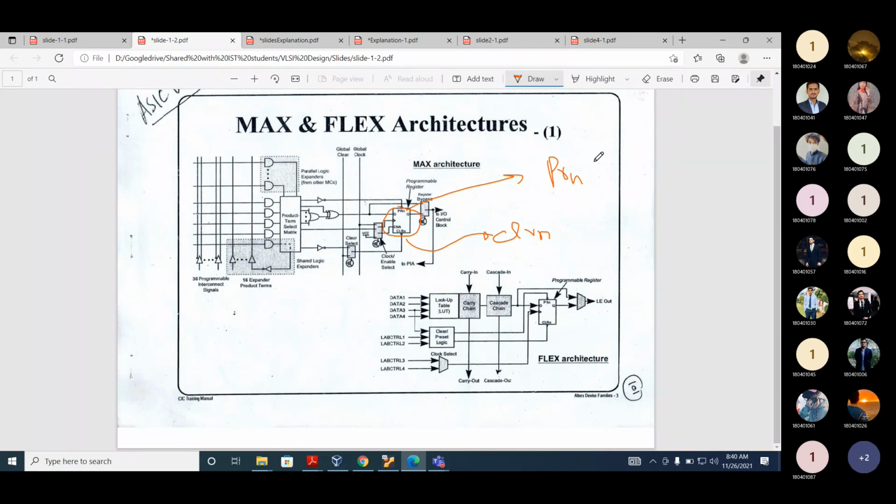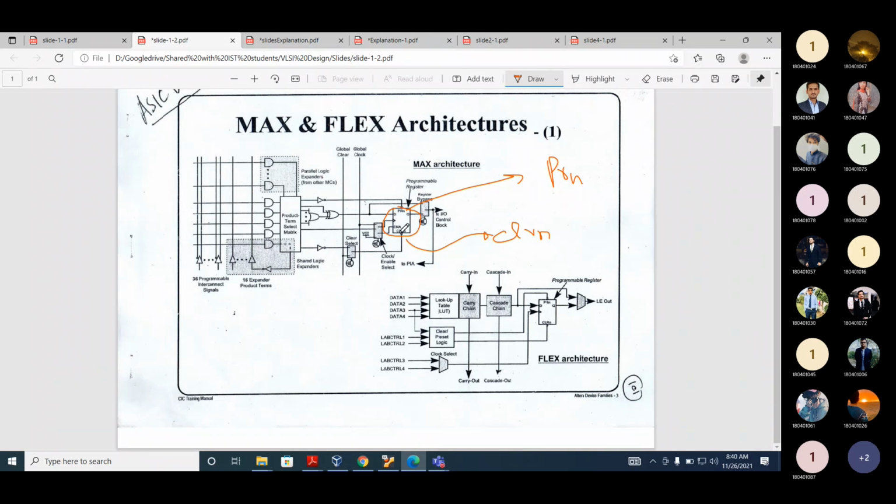And this signal is actually coming from the product term select. Now if your code is like this, if K and A, Q is less than or equal to D, actually we are enabling the flip-flop. Now it depends on the signals EN1 and EN2, and it is coming from the product term select line. Okay.